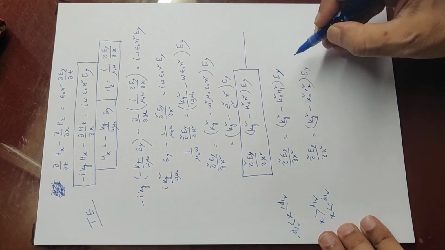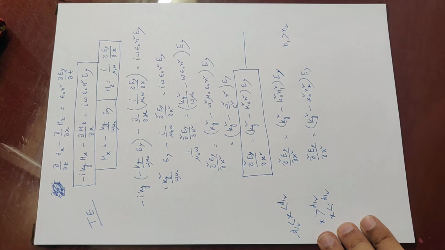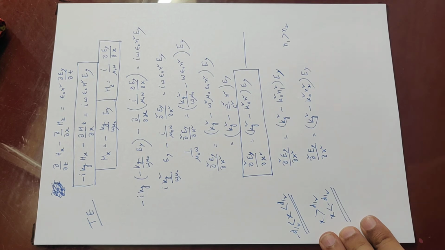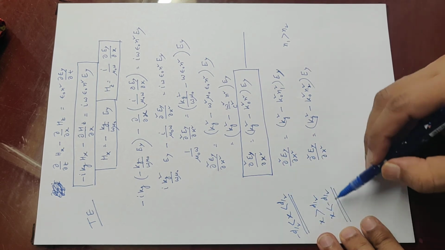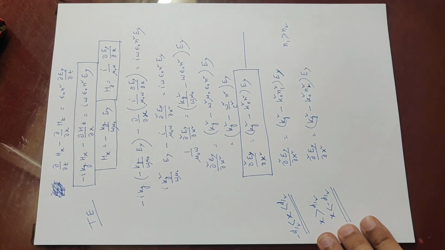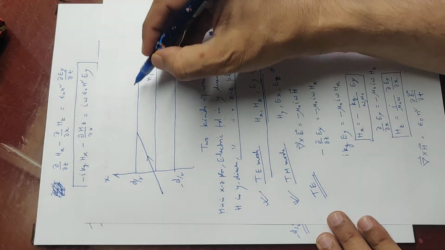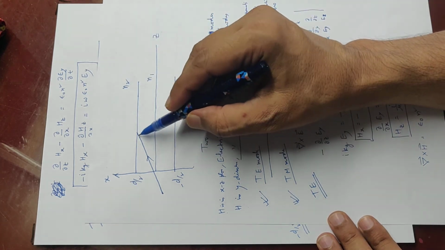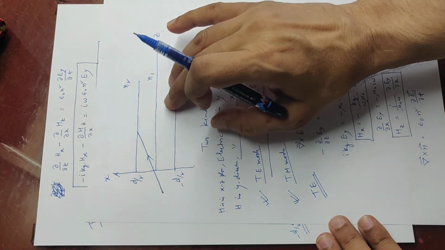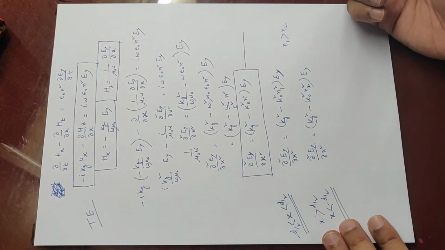So we already know in our problem that n1 is more than n2, and these are the two equations that we need to solve for the two regions: inside the core and outside, in the cover. Now we know that in our optical waveguide problem, the waves cannot move inside the n2 region. They can only be confined within the n1 region, which means the solution should be like that.